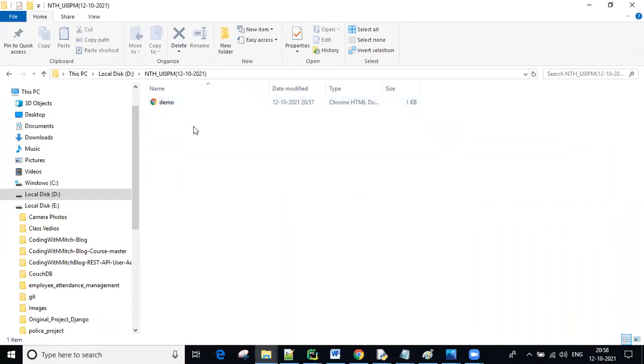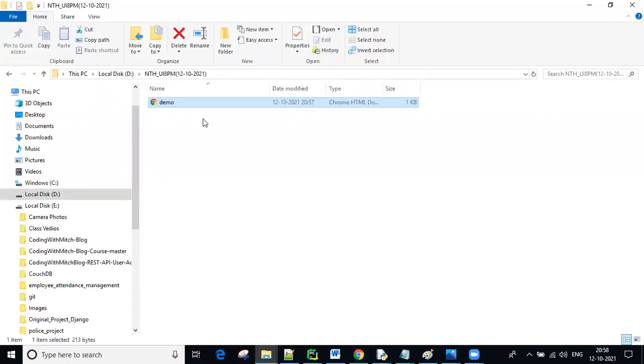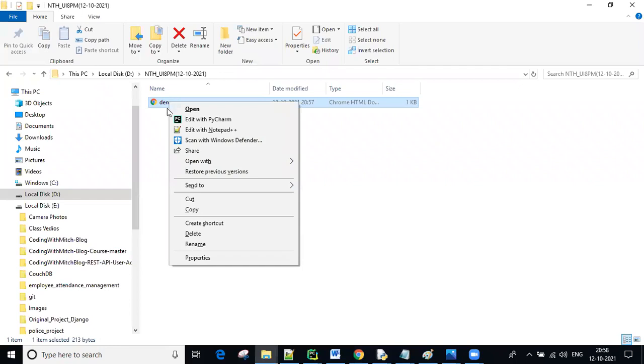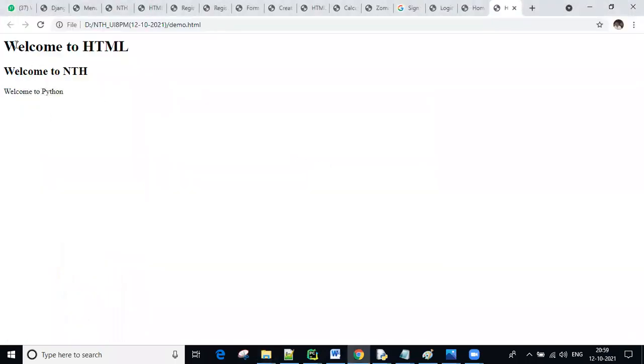Now I'm going to double click, then you get the output: welcome to HTML, welcome to NTH, and welcome to Python. 3 lines we created. Also, if you want, right click on this one, click on Open with, then click on whatever browser you want, Google Chrome. Then you get the same response.